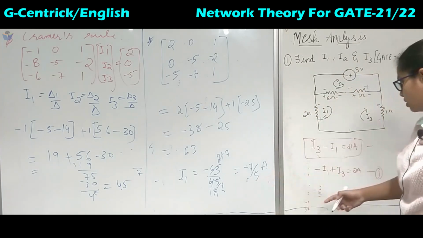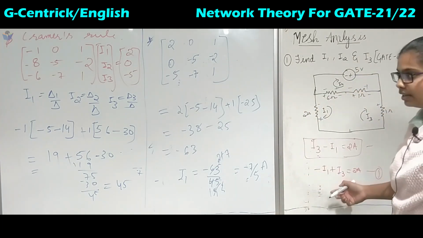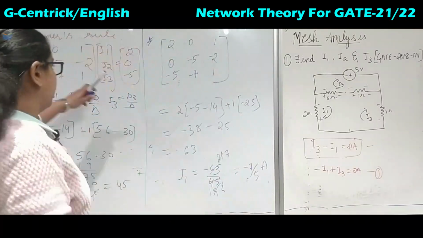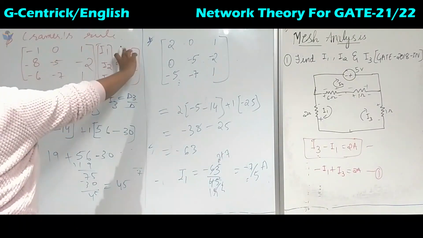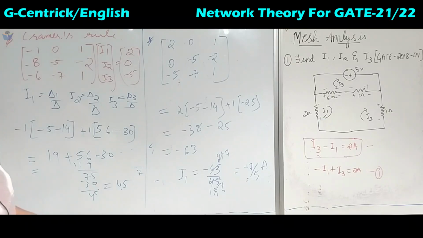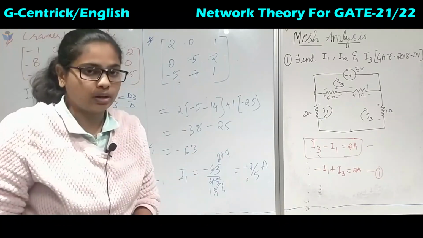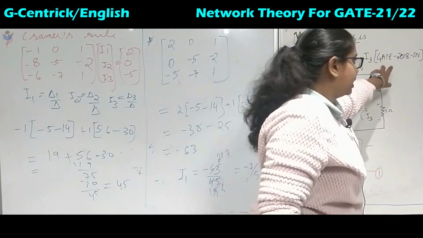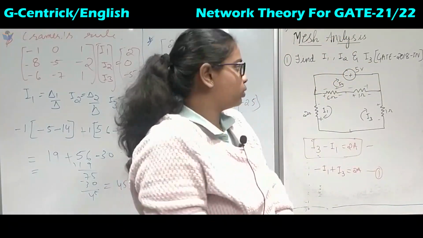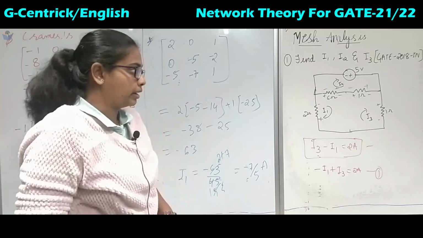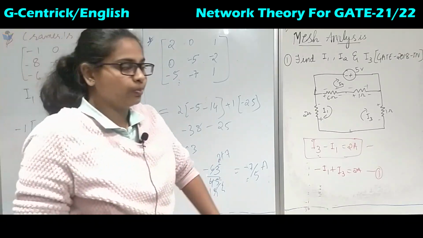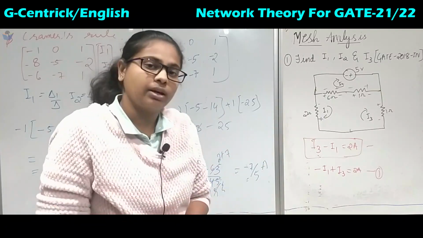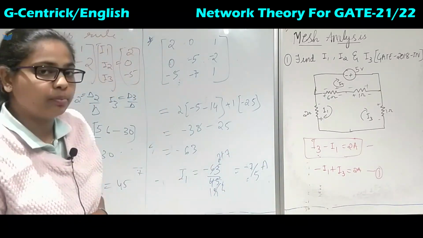So once you know this, you can put this here, you will get I3, and for calculation of I2 again you can use the same rule, but in this case the middle column will be replaced with 2 0 minus 5, and in the similar way you can calculate the answer for I1, I2 and I3. So this was asked in the recent GATE question, that is in 2018 in instrumentation branch. Okay, so it is important to know which method to apply. So if you apply nodal, there will be one step extra to find the current in the branches.